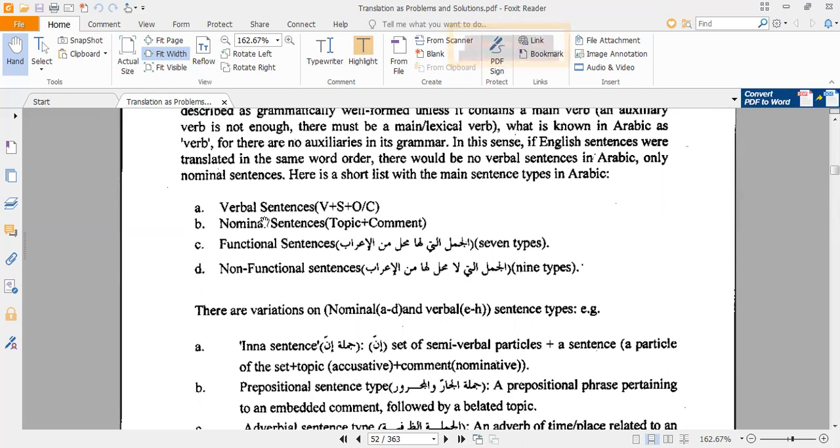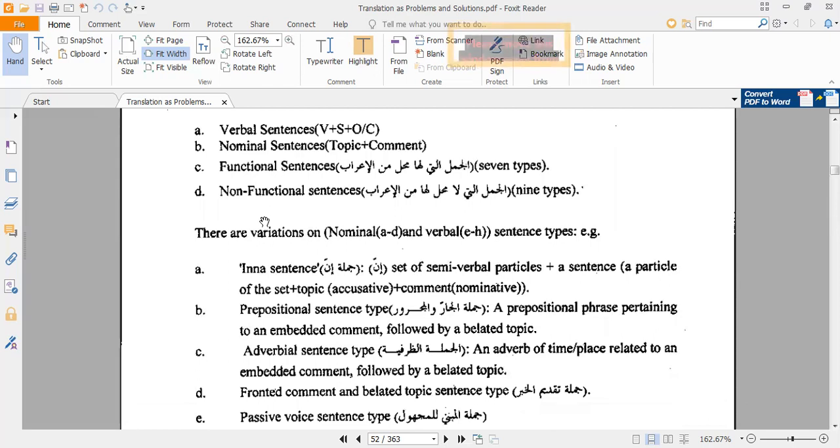طيب نجي ل nominal sentences. Nominal sentences are topic plus comment. These sentences do not include a verb, such as أحمد طالب ذكي. هنا الجملة جملة اسمية ما فيها فعل. طيب